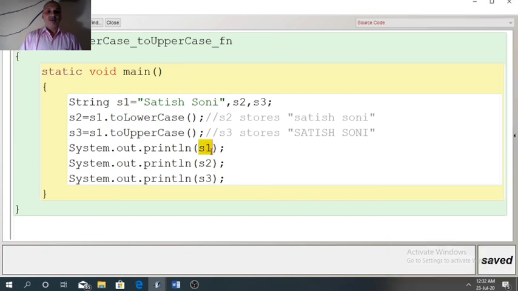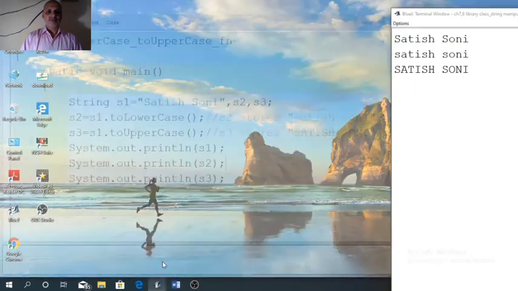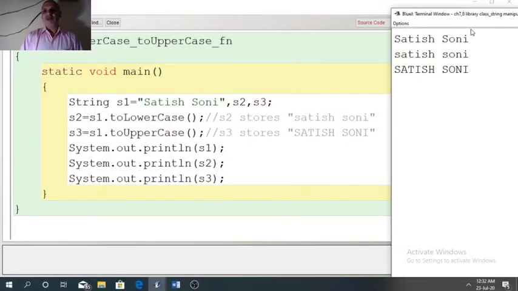First we are printing S1, then S2, then S3. S1 is our source string, so it will print as it is. S2 stores lowercase letters, so all are in lowercase, and S3 stores all characters in uppercase.